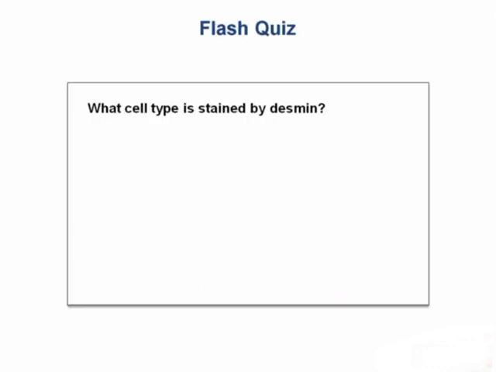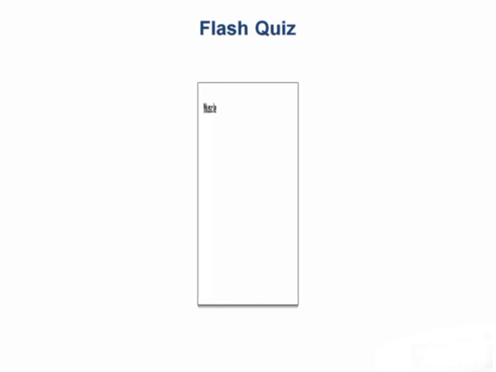Alright, time for another flash quiz. Let's see if you can remember those immunohistochemical stains for intermediate filaments. So what cell type is stained by desmin? And the answer to that one would be